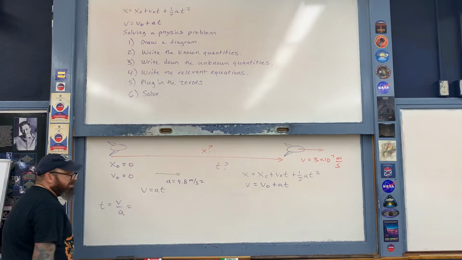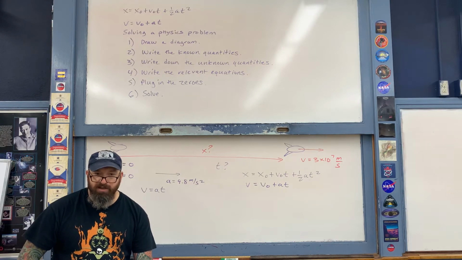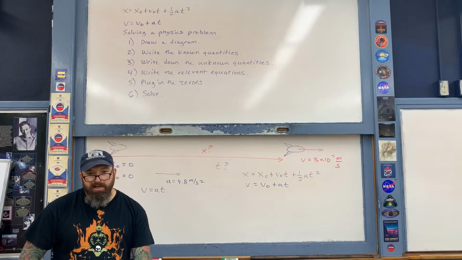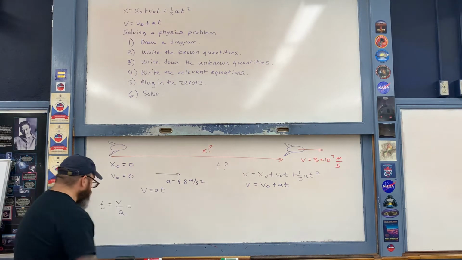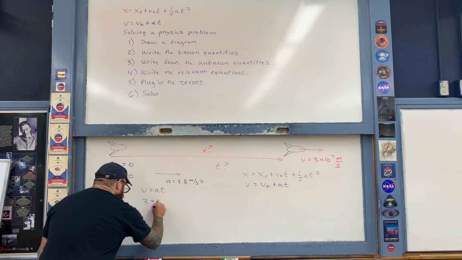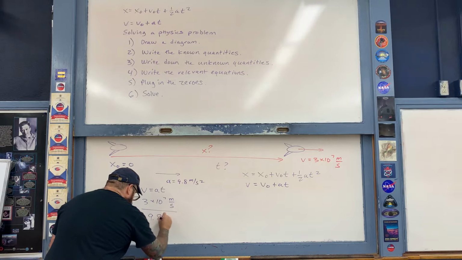So divide the a to the other side, and then solve for t. Like so. And then after I've done my algebraic manipulation, it's at this point that I finally plug in my numbers. Get into that habit. Do all of your algebraic manipulations first, get to the end of the process, and then plug in your numbers. So I now have 3 times 10 to the 7th meters per second divided by 9.8